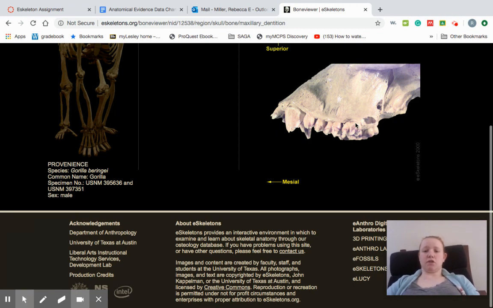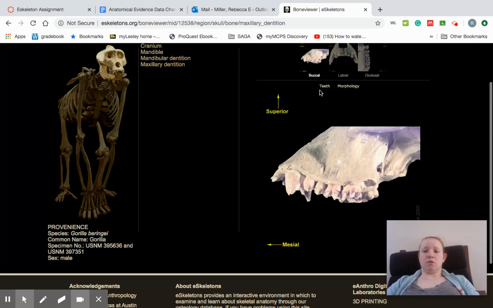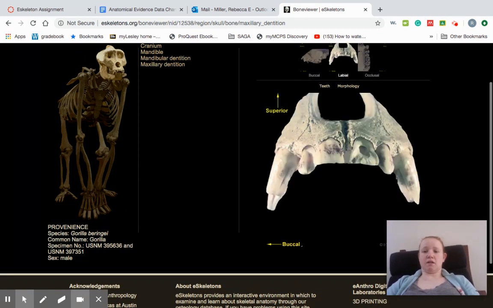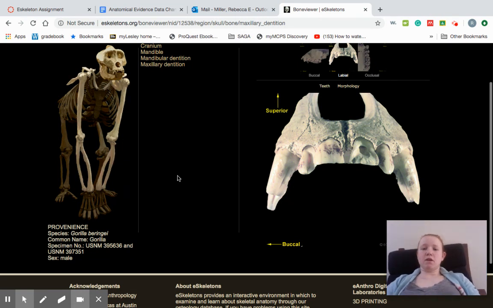This is 1, 2, 3, 4, 5, 6, 7. We're going to rotate it. So here are our canines, these sharp guys on the sides. Okay, you're going to count all the teeth. You're going to write it down. You're going to compare how big these canines are to the other teeth. To me, it looks like they're more than double the size of their other front teeth. So I would